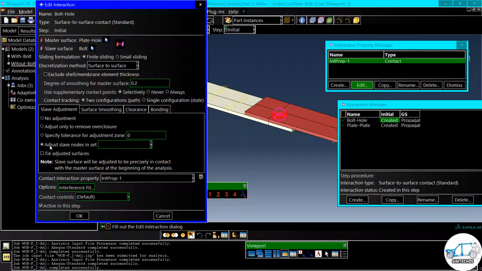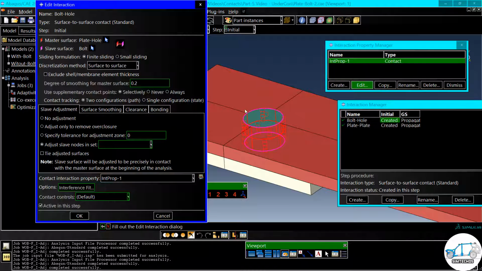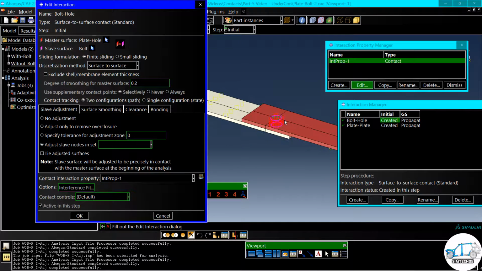In this option we allow removing overclosure only from a particular set of elements and nodes. I don't have any set right now, but you can choose, for example, that I want to remove overclosure only from this region. Apart from this region, I don't want to remove overclosure anywhere else. I want to treat those other regions as interference fit or anything else. So you can choose a particular set also. And this last option is very important. See, when I go for no adjustment, there is no sub option. When I go for the adjustment option, we have some sub options